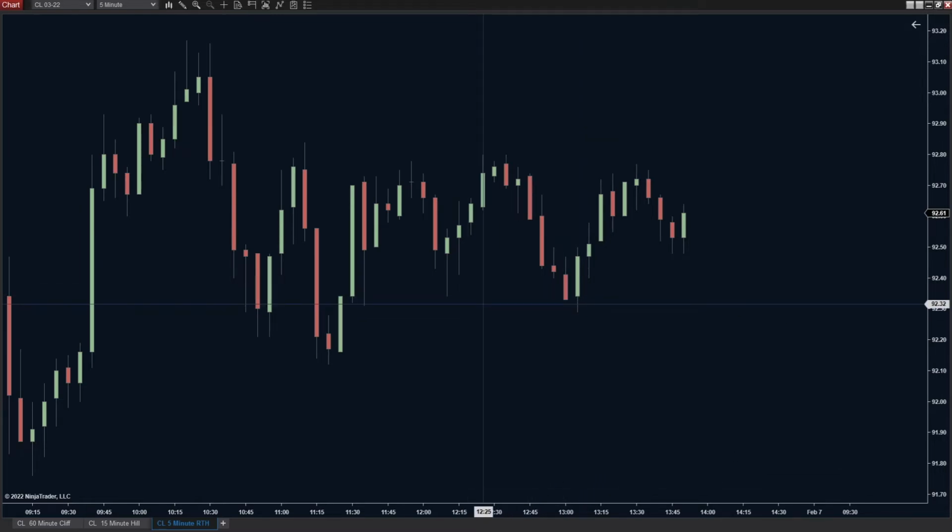It looks like you'd be better off just not waking up and trading crude. You'd be better off just staying in bed all day. It'd probably be even more profitable, to be honest. But when we're looking at this context and we say, wait a minute, the context may be sideways, but we do know that sideways generally means consolidation, and consolidation usually means a coiling spring before the spring breaks.